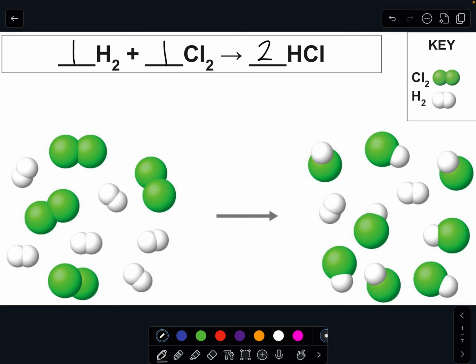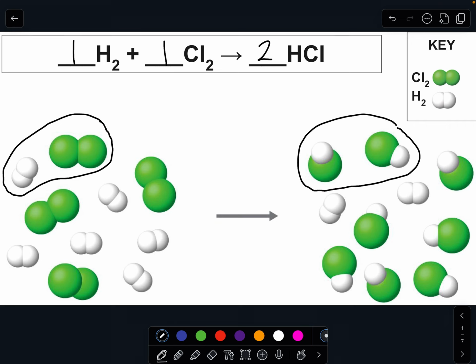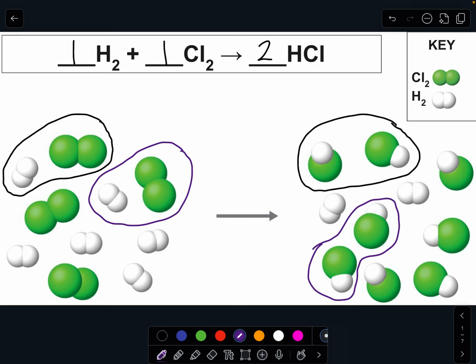So if I take a look at my drawing down here, one way to think about it is that I can group these together. So there's 1 hydrogen and 1 chlorine, and I know that every time I do that, I'm going to make these 2 HCl molecules. And I can keep going through. I can group another hydrogen and chlorine molecule, and I will make 2 more HCl's. And then I can do that again. There's my 2 other HCl's, and then I can do that one last time